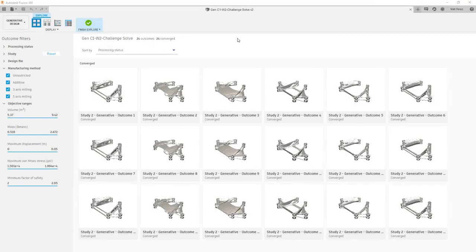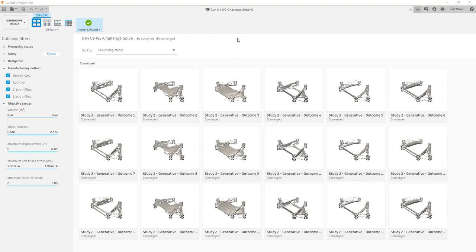For our week 3 practice exercise 1, we'll need to refer back to our week 2 challenge solve. Remembering that solve information is stored on the cloud and can only be shared if somebody is invited to that project. So you'll need to be viewing your own file as there isn't a supplied file to work with. But the main point of this is going to be learning how to filter different options inside of the Explore